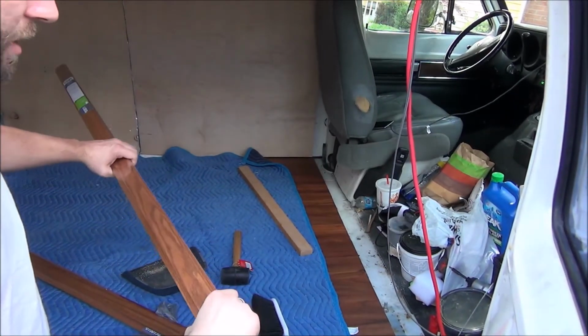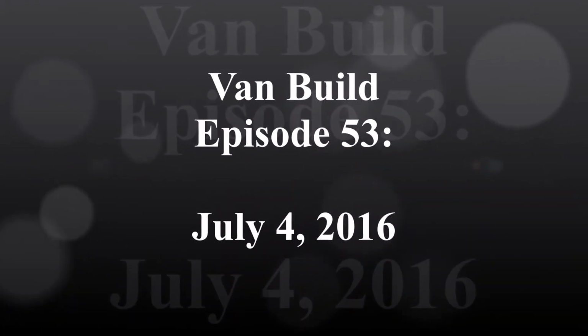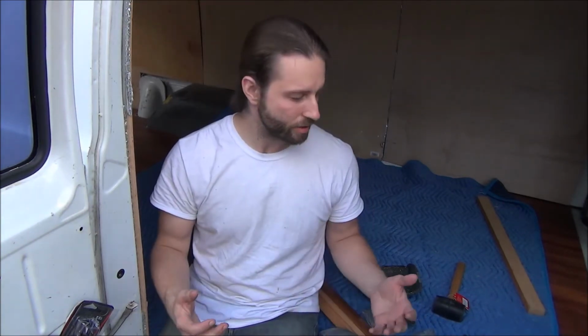Don't mind the mess. I'm going to be cleaning that up. You know, in one respect, I'm kind of looking forward to putting everything back in the van. I just don't want this to occur again. But for what it's worth, the lighter floor coloring is definitely growing on me. The red tones in this particular color are really working out nicely for the Merlot color that's on the back